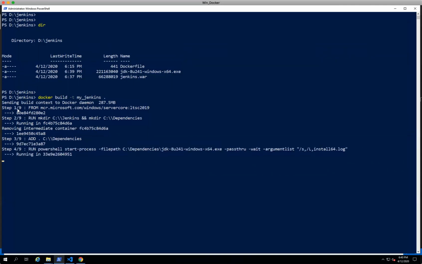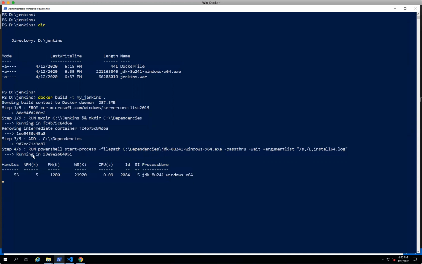In the Docker file, we currently have nine instructions, and it is executing all 9 instructions. As you can see, it is now executing the 4th instruction. Let's wait for it to complete. Currently, it is installing Java inside the intermediary container.